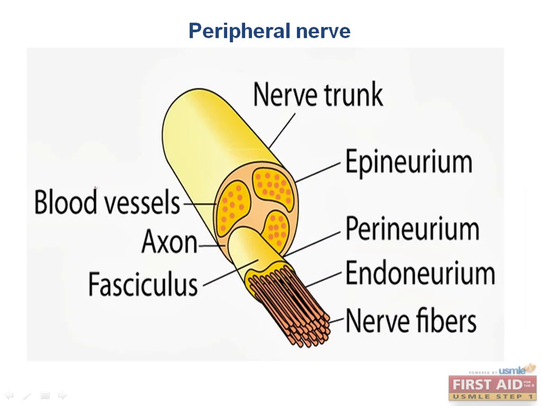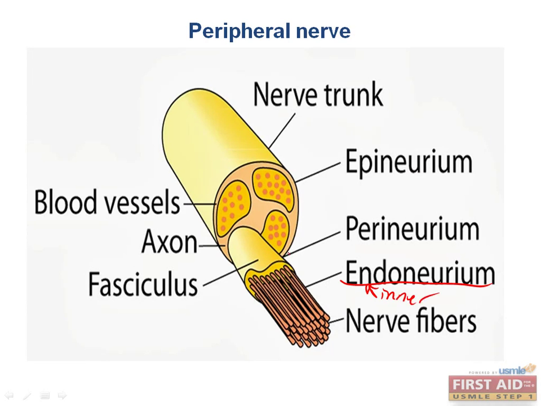When we think of a peripheral nerve, such as the radial nerve, we are really thinking of a number of different axons from neurons that are organized together. And this organization is worth knowing. The first layer is the endoneurium. This is the layer right at the nerve fibers. And you can think of this as endo meaning inner, so it's the closest layer.